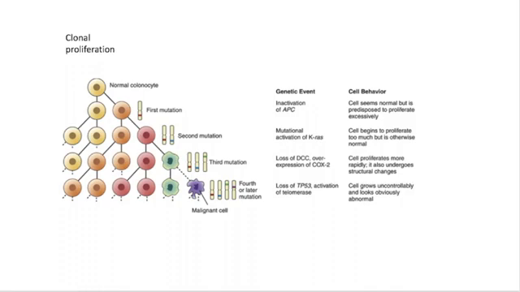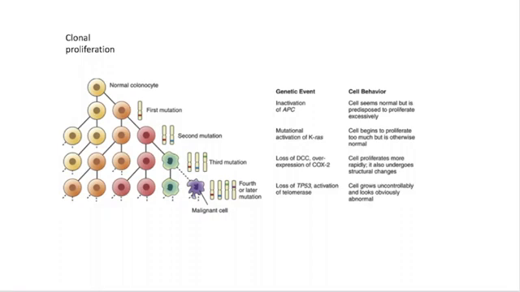Cells begin to proliferate, but are otherwise still normal. Then we get into the third mutation, loss of DCC and overexpression of COX-2. These are just mechanisms by which these cells are going to have that mutation. So now they begin rapidly multiplying, and we're going to see structural changes within the cell. With the fourth or later mutations, we have loss of TP53. We're going to talk about that a little bit later. That is a regulation process for when cells begin to become unregulated.